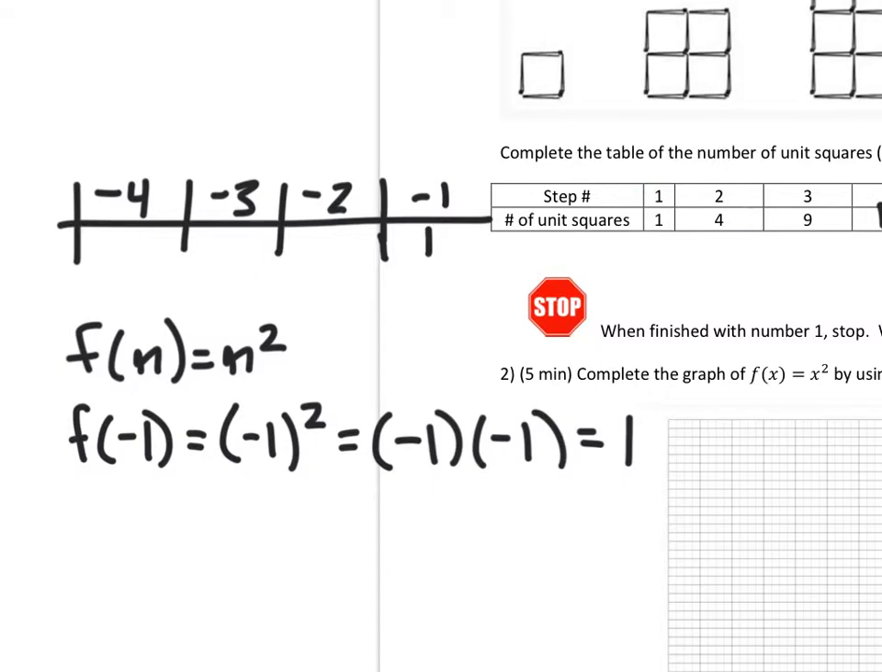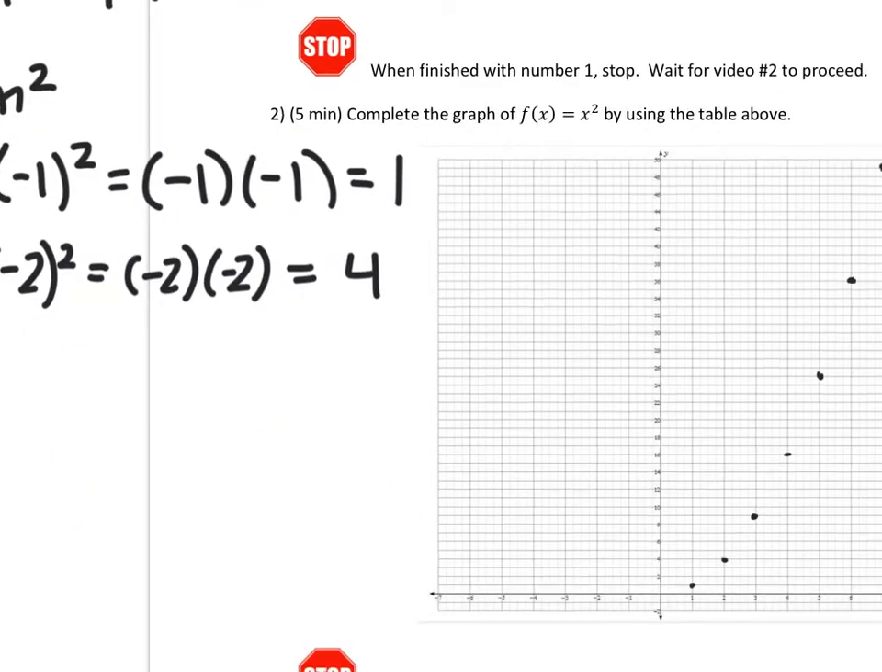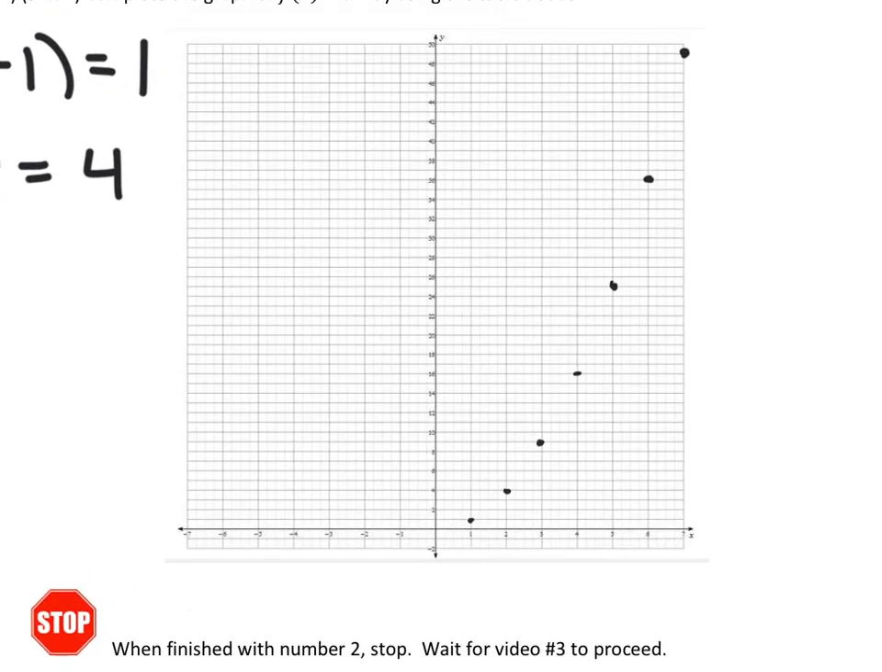Let's do the same for -2. f of -2 equals -2 squared. That means -2 times -2, and that's +4. A negative times a negative is a positive. 4, 9, 16. You don't have to add that on your worksheet, but I do want you to add those